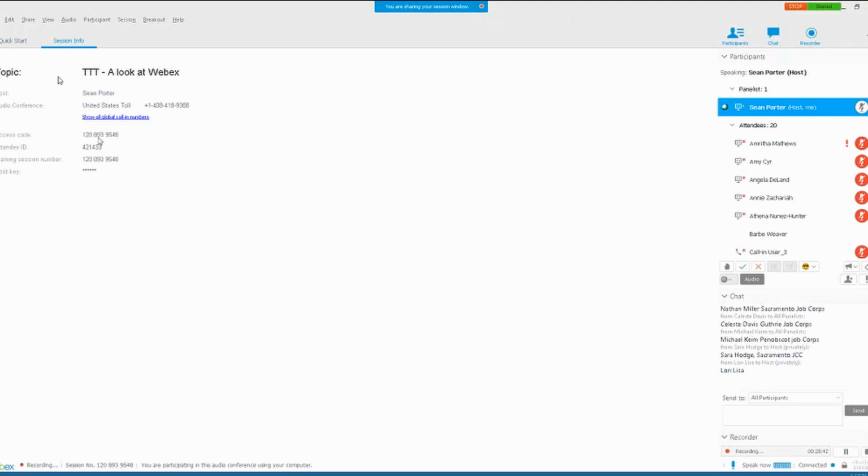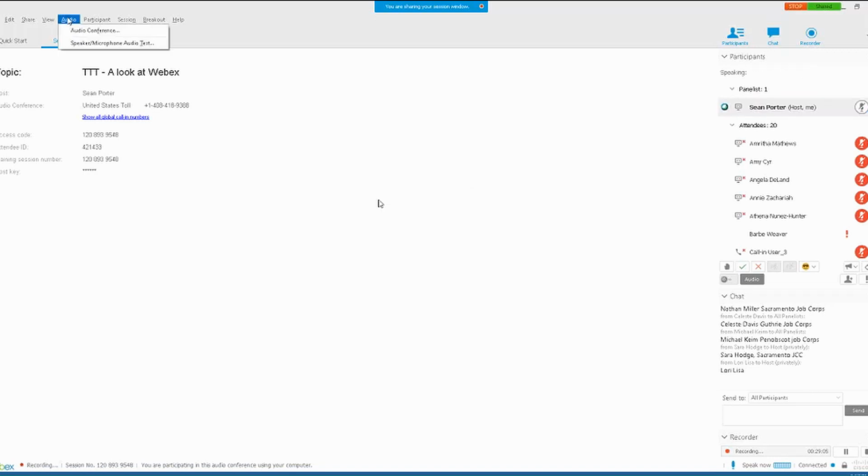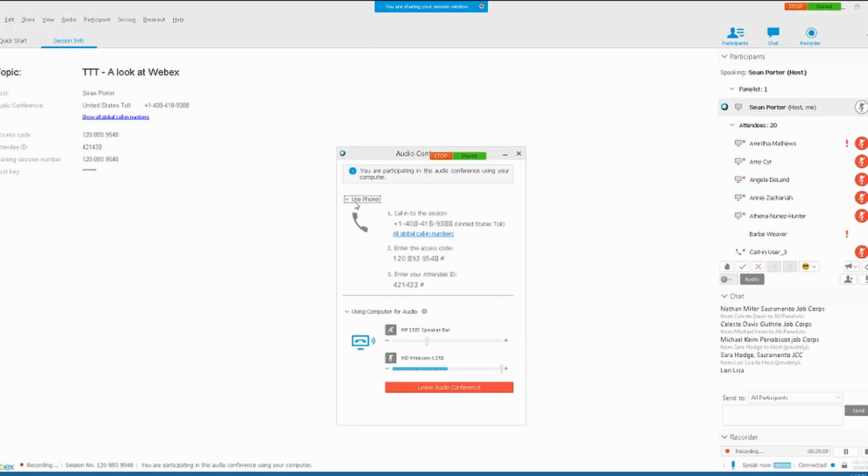So if it does look like this, and you want to access your microphone and you don't get the pop-up at the beginning, you can turn your mic on by going up to audio, then speaker, and there you can go to audio conference, and then it will give you an option on how to call from the phone, and it's going to give you some information, an access code,